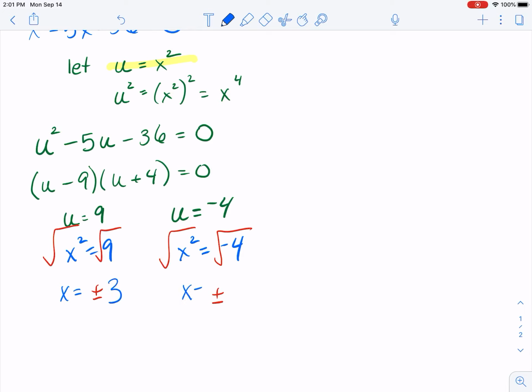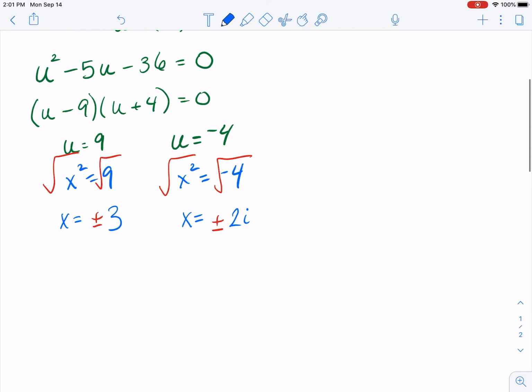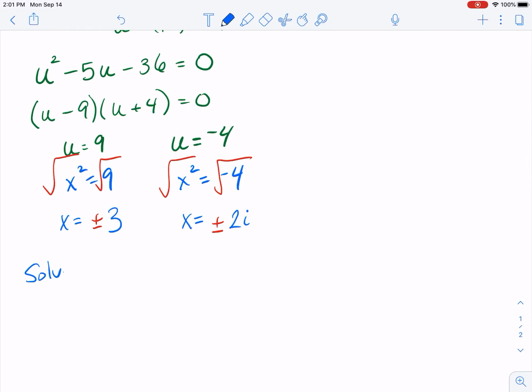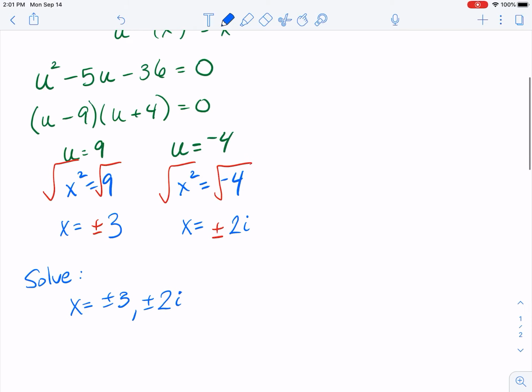And for this one, when we try to take the square root of negative 4, we end up with an imaginary number. So this is plus or minus 2i. If they say solve, we're going to tell them that x can either equal plus or minus 3 or plus or minus 2i. If they had said to factor,